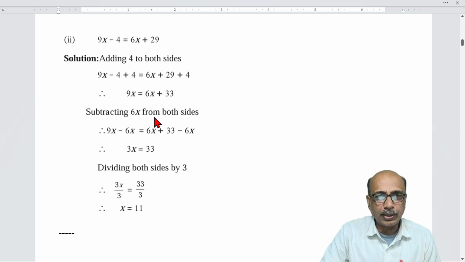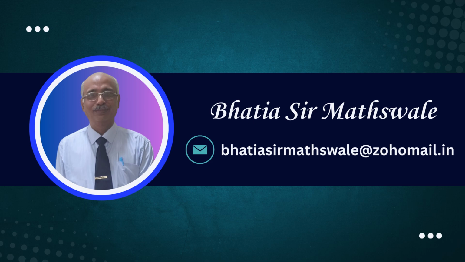So subtracting 6x from both the sides, 9x minus 6x equals 3x, and 6x plus 33 minus 6x, plus and minus will get cancelled. What is left? 33. Dividing both the sides by 3, therefore 3x upon 3